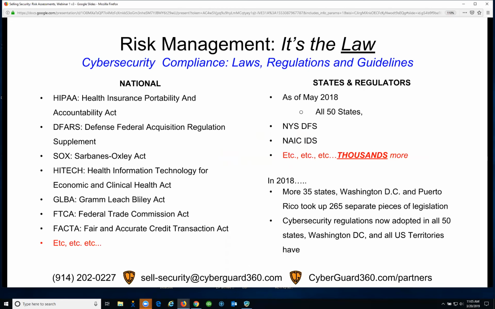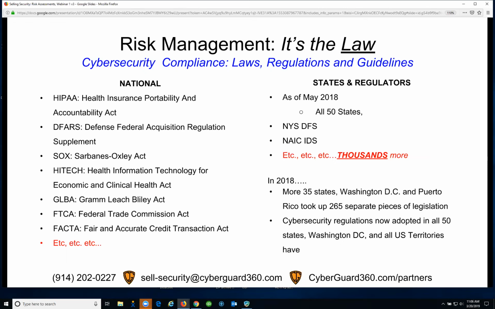So why is risk management so important? Well, first of all, it's the law. Many of you on this call, I know some of you, I don't know all of you, already know many of these laws that you see here today. HIPAA's been out there for a while. DFARS, SOX, HITECH, etc. These are all federal regulations that have been imposed on businesses in a variety of vertical